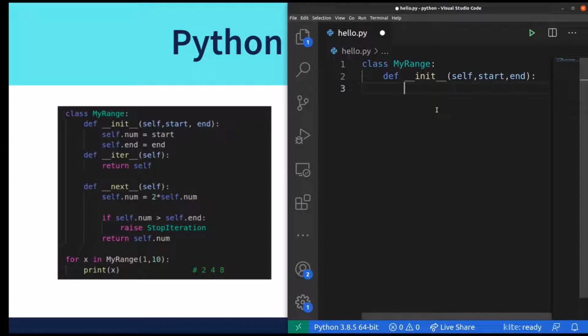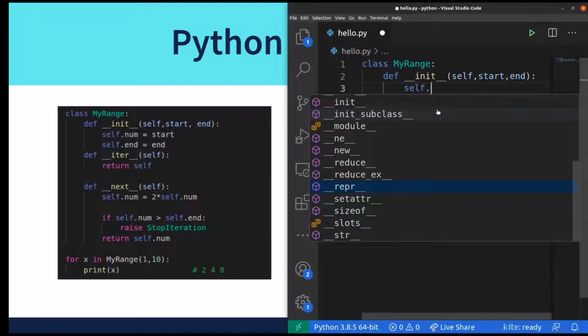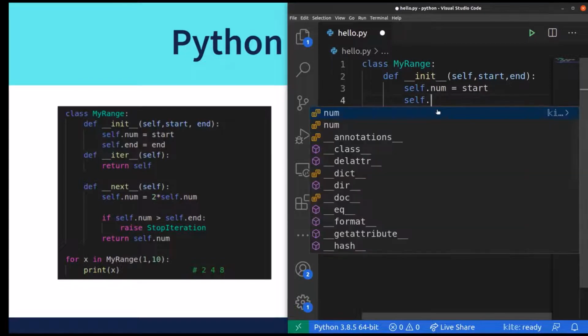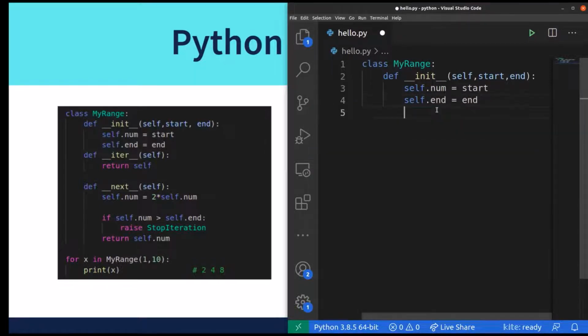So let's save these variables inside self, using self.num for the start and self.end for our ending parameter. Next, we can define iter. This is where we define our iterator, as every method in the class must have the first parameter be self. We give it self, then in the return